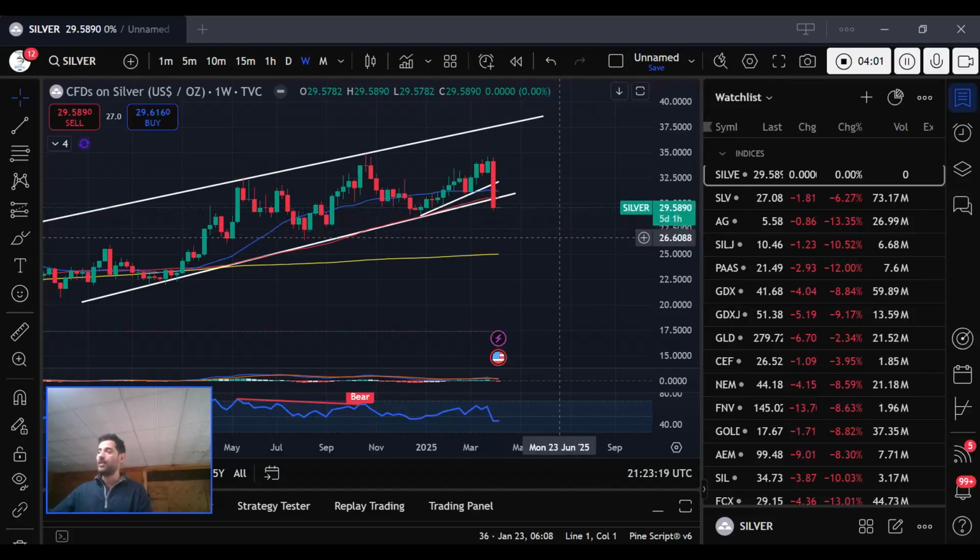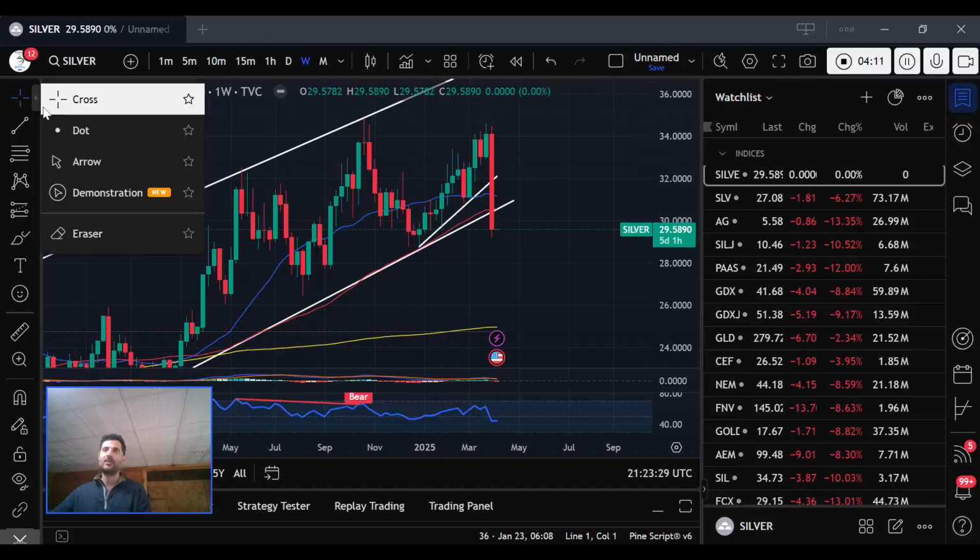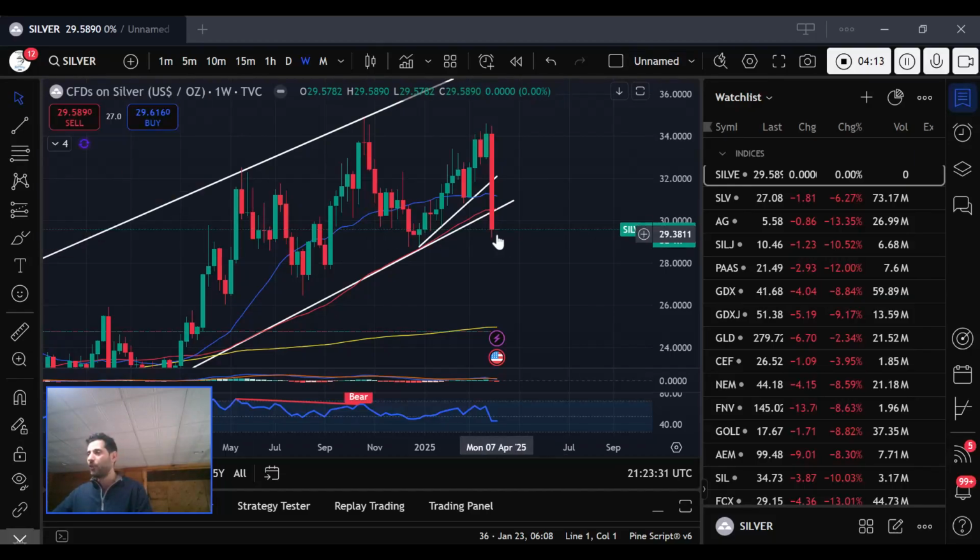So the question now is, now you can see, okay, we have a tiny little green bar right here. Let me change this to an arrow. Tiny little green bar. That's the start of this coming week. That's tomorrow, since we're looking at the futures chart. Does this get a bounce back? I would think so. After this huge, massive sell-off, there should be some sort of a bounce back, at least up to $30.50, okay? We've got a lot of support right here.